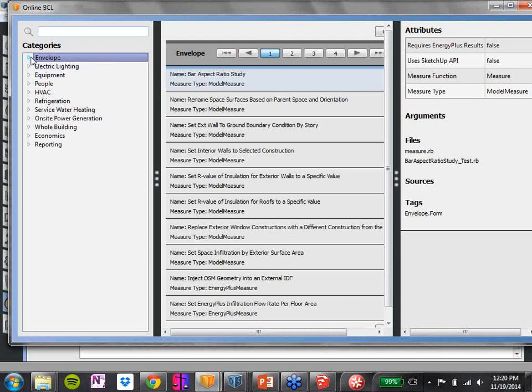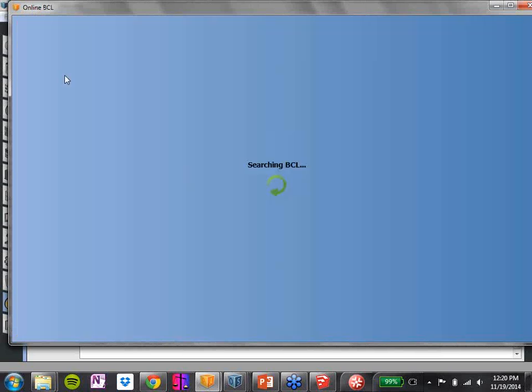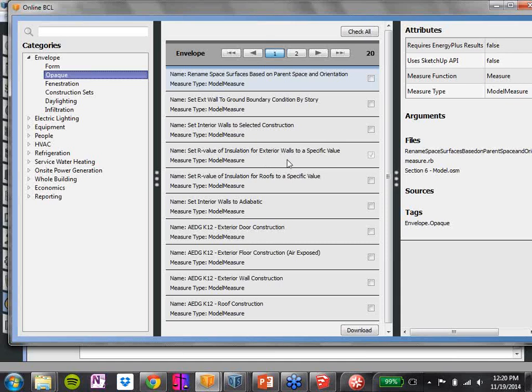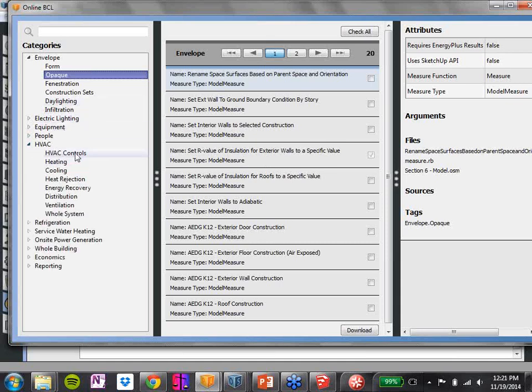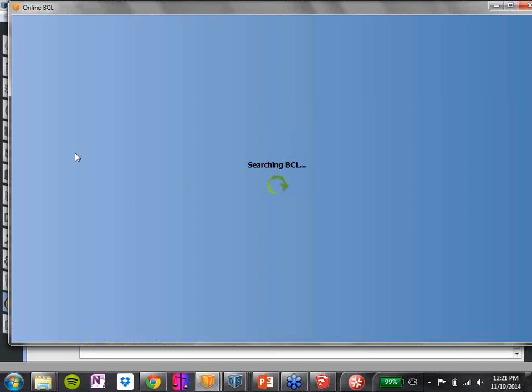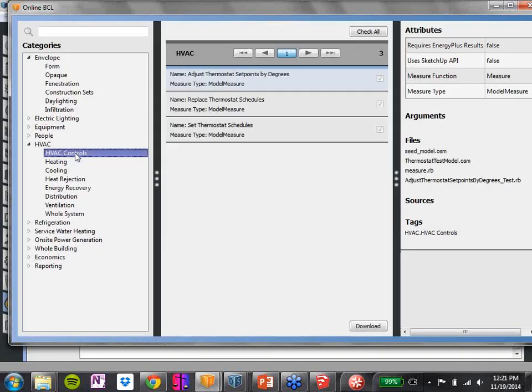By category, so for opaque, these would be our walls. You can set the R value of insulation. For HVAC equipment, this is particularly important for radiant systems. You can look at your set points by degrees, your schedules, and this is going to make a really big difference. That's one thing we've noticed in one project that we're working on right now,